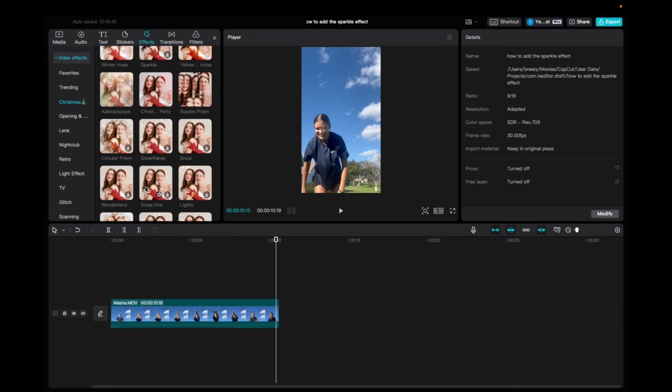Today I have a quick one for you guys on how to add the circular prism effect onto your timeline. So initially what you're going to want to do is go to Media, click on your clip, drag it down to the timeline. Once you have it there, we're going to go up to Effects, click on Video Effects and go down to Christmas. And then we're going to find the circular prism, grab it and drag it down to